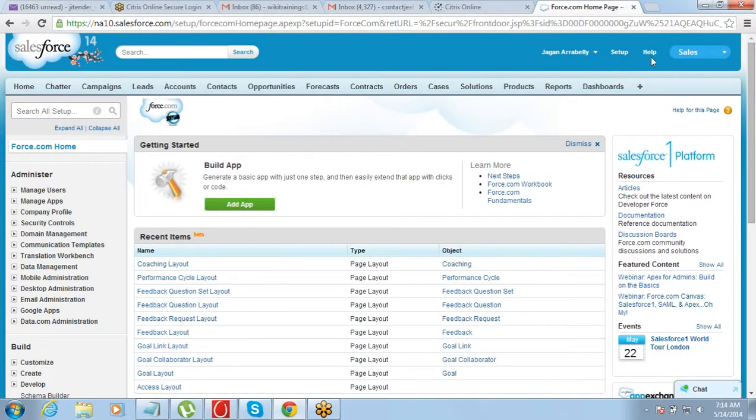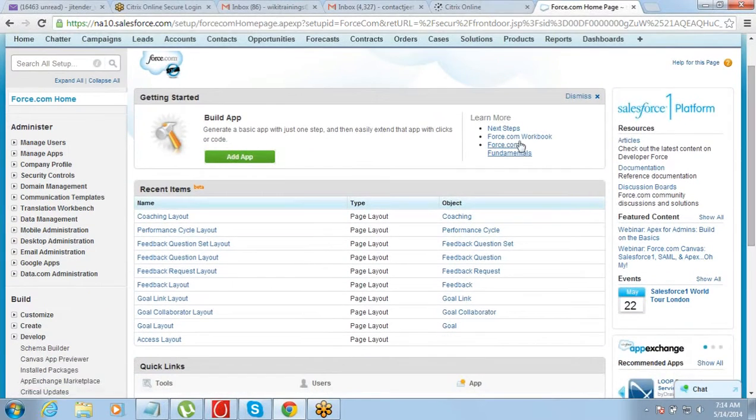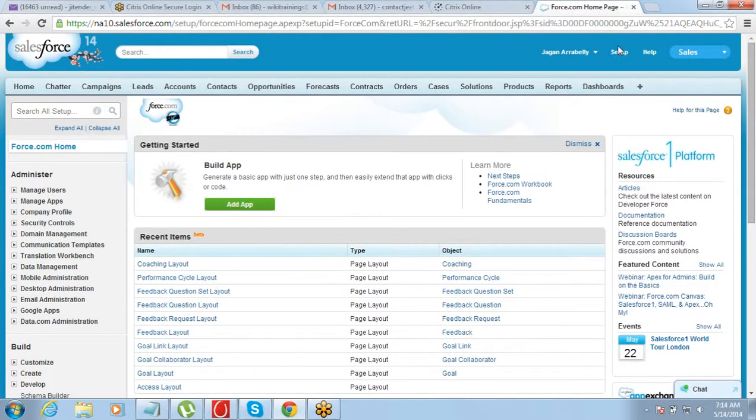This will take you to the help and all. Then the setup link. If you click on setup, it will open the complete setup menu on the left hand side. On the left hand side you see a big menu: Administer, Build. This is the setup menu. In case you are not able to see the setup menu on the left side, you just need to go and click on setup.